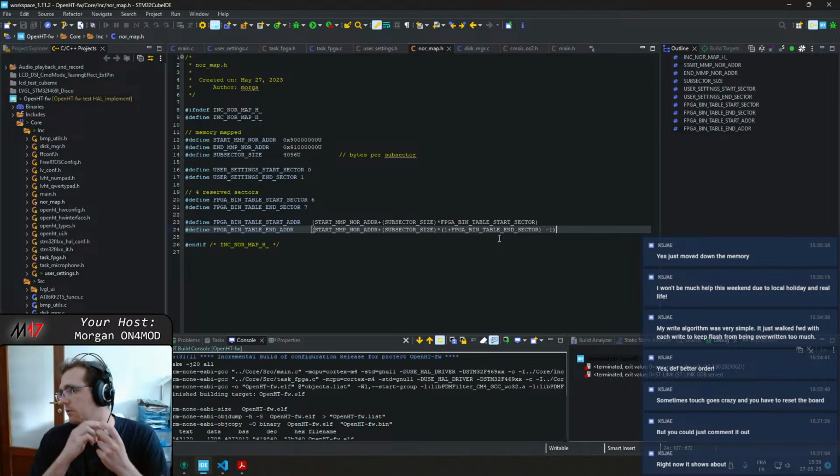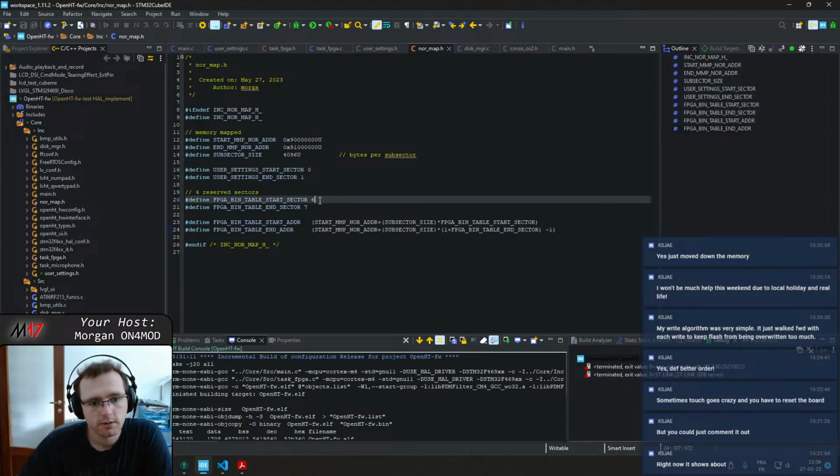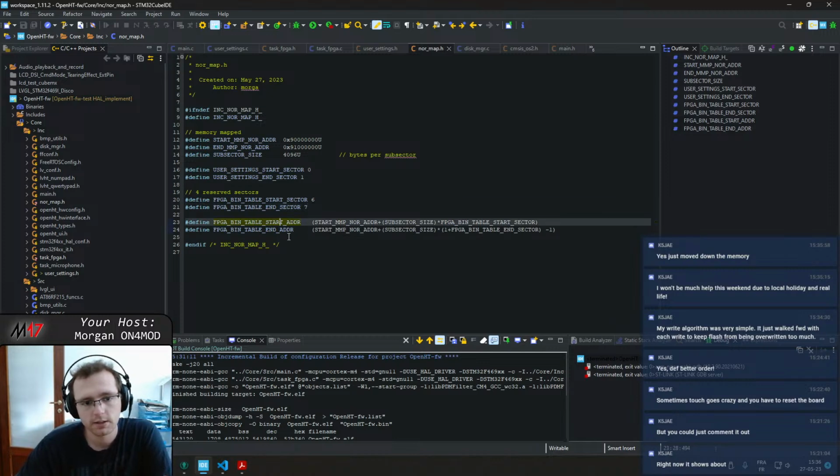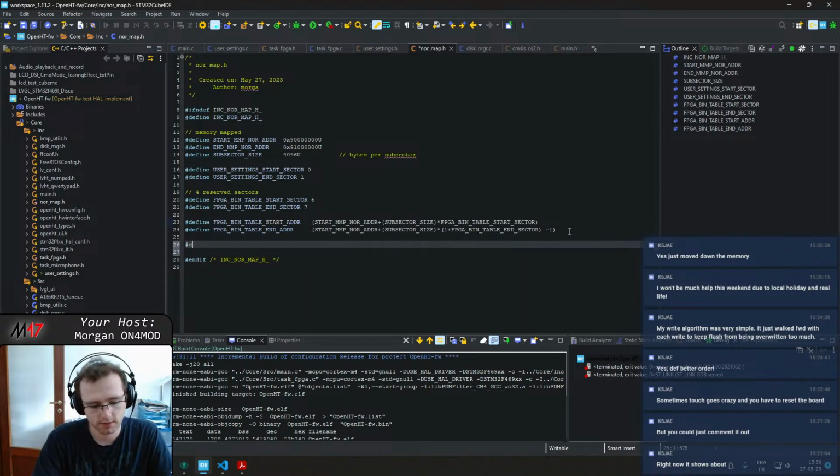Well, I will modify this algorithm at some point, but not right now. This way we can just modify the sector numbers, and these values should be updated automatically. I also want